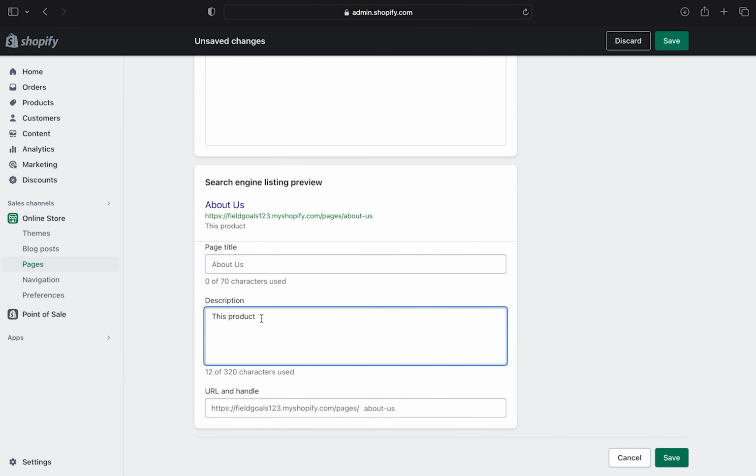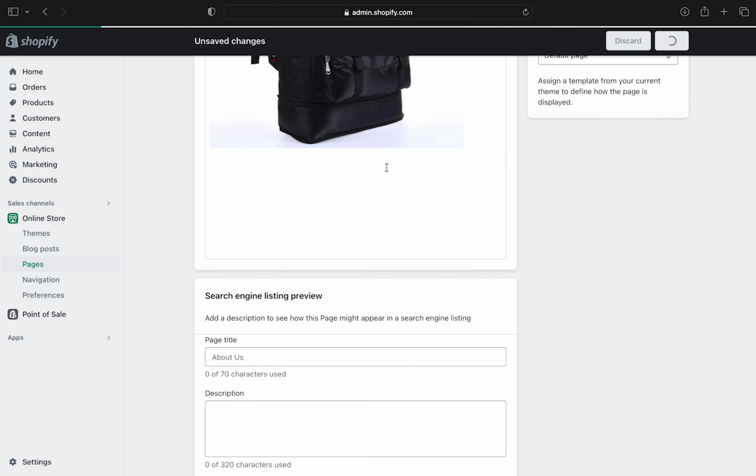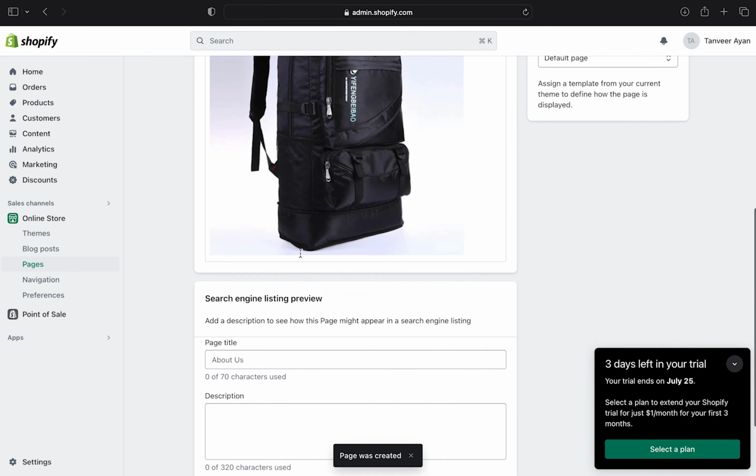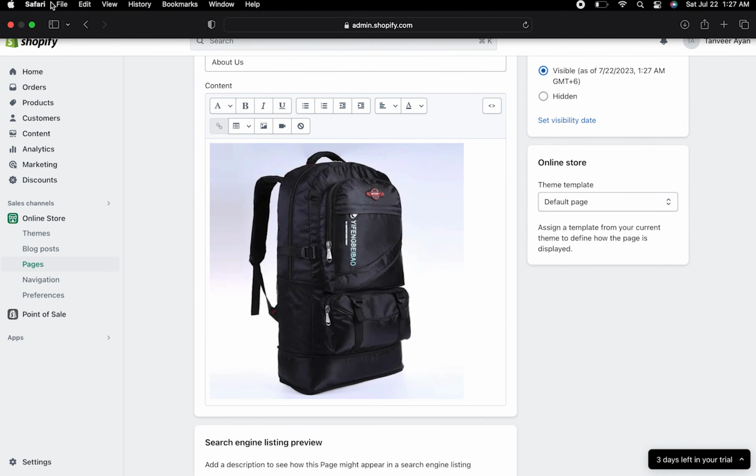You can also write a description for your product just like this. After that, click on Save. As you can see, About Us has been created. This is how you can make About Us